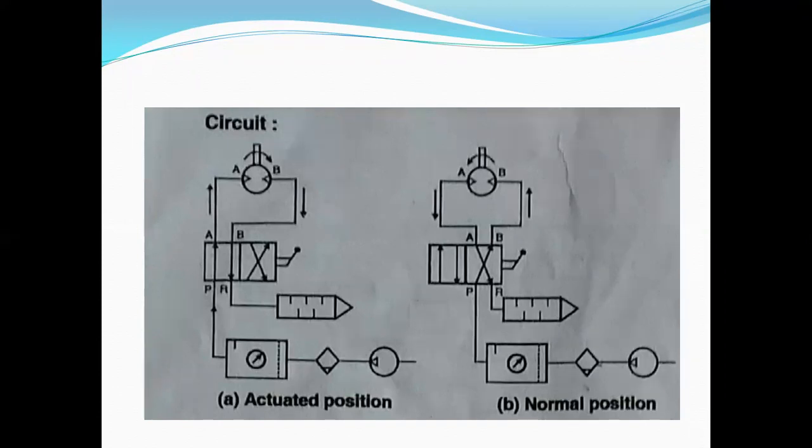So it is the clockwise rotation of your bidirection motor. When the valve changes, the P point is connected to the return line so that your motor revolves in the anti-clockwise direction, and the return is connected from A to R so that it again passes to the atmosphere by using the muffler.